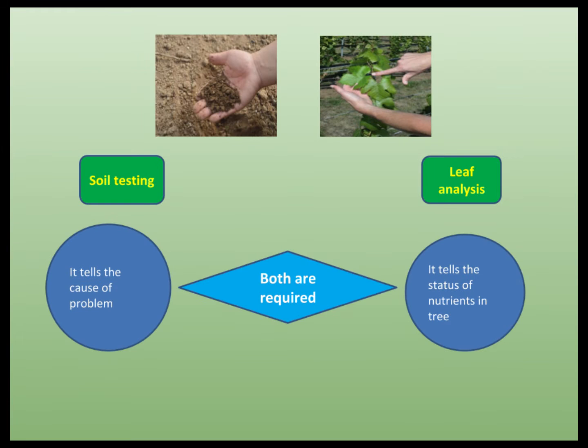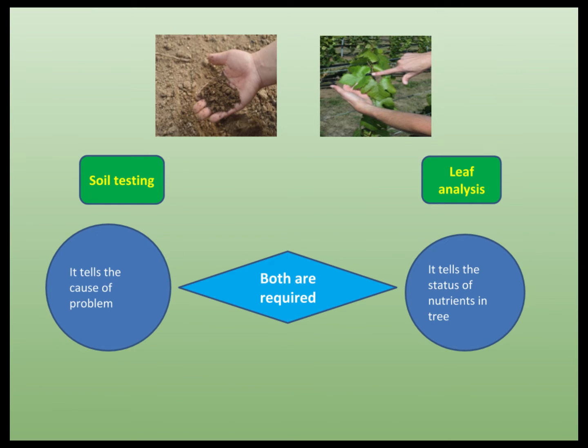So both soil testing and leaf analysis are important in deciding fertilizer program of an orchard. Soil analysis is helpful in formulating and improving a fertilization program because soil testing measures organic matter content, pH, and extractable nutrients. However, fruit crop farmers cannot rely on soil analysis alone to formulate a fertilizer program or to diagnose a nutritional problem in orchards.